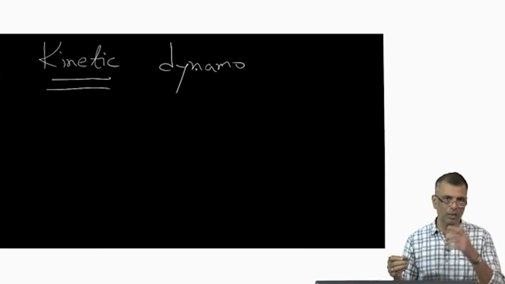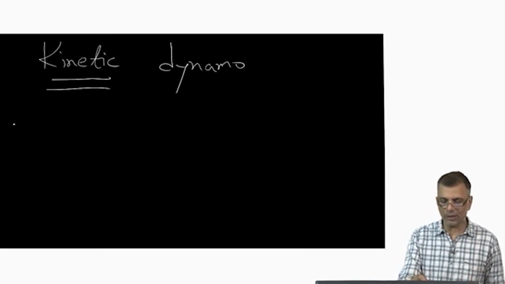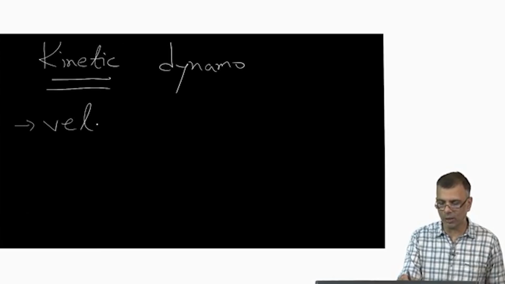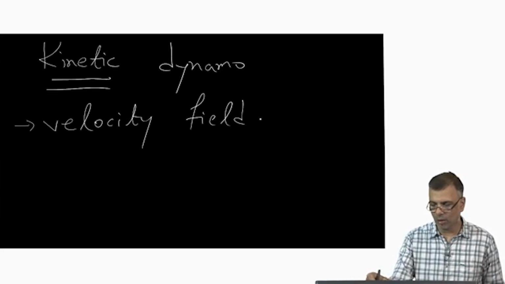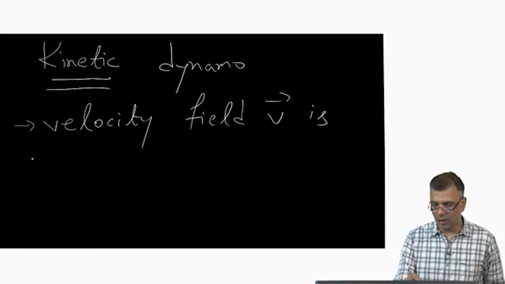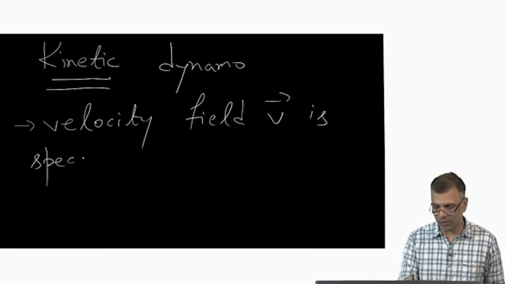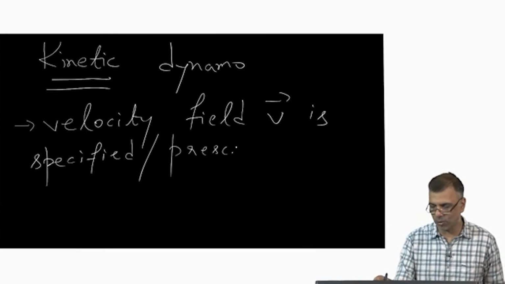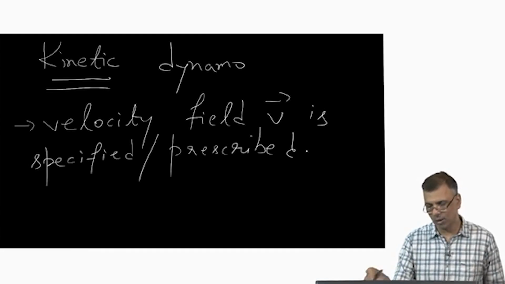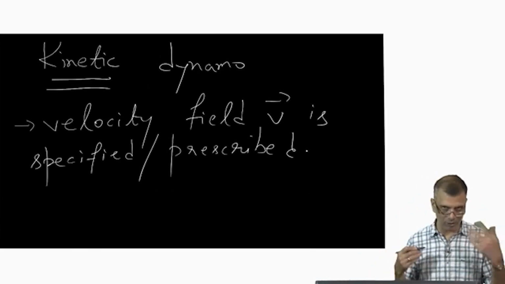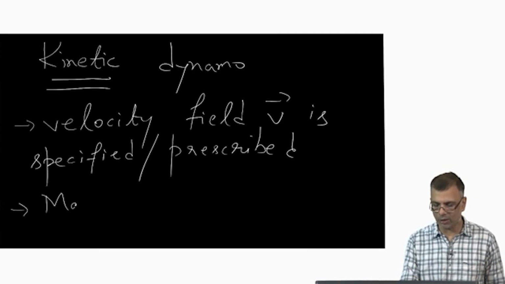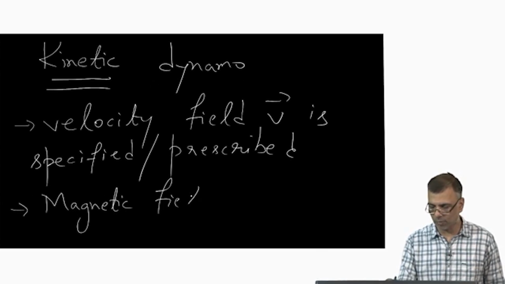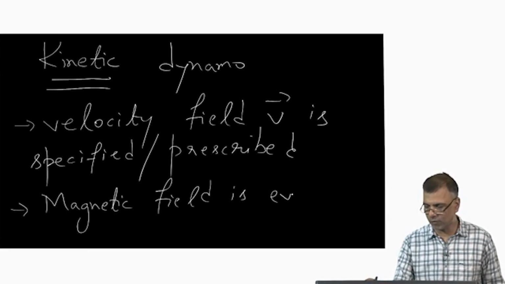Rather, this was historically the first kind of approach, where the velocity field V is prescribed or specified. I don't bother about how this came about. It's given to me from certain observations which we will discuss, okay? And the magnetic field is evolved in time,